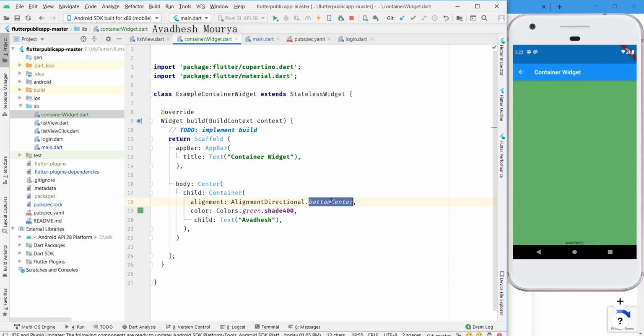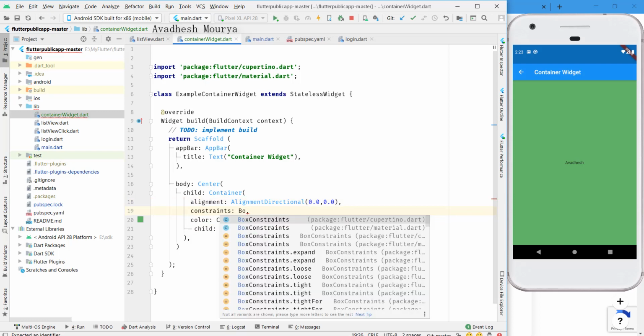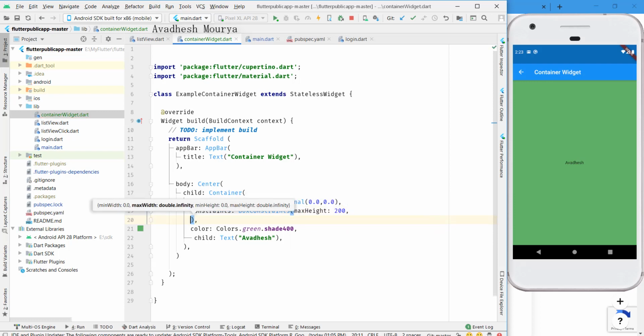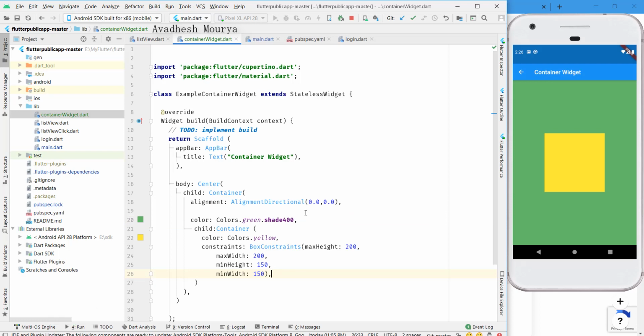The fourth property we're going to talk about is the constraint property. A constraint is just a property that specifies the size or space a widget can take up, like how much height and width a widget can take up. Most of the widgets and UI can be built by using a simple BoxConstraints. A BoxConstraints only cares about the minimum width, minimum height, and maximum height and width. Here you can set the yellow box. It has a maximum height and width of 200.